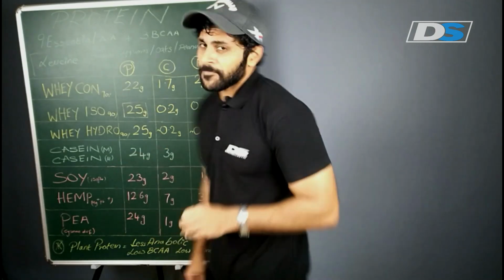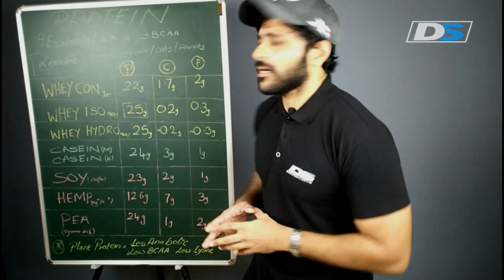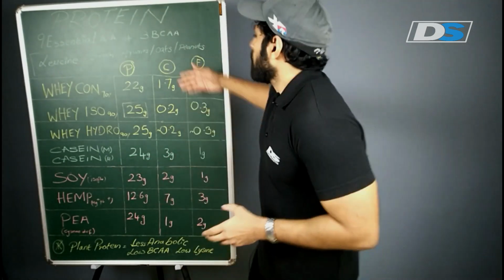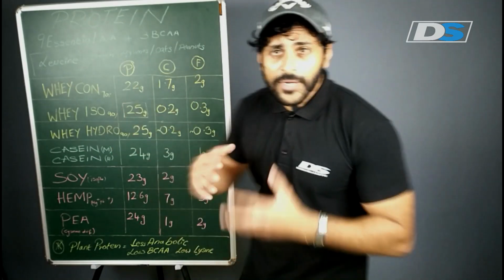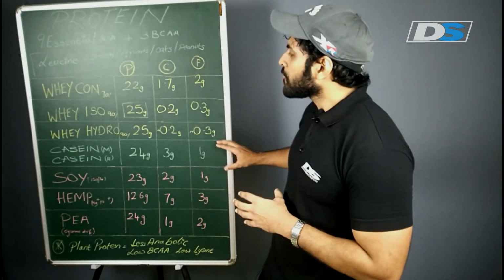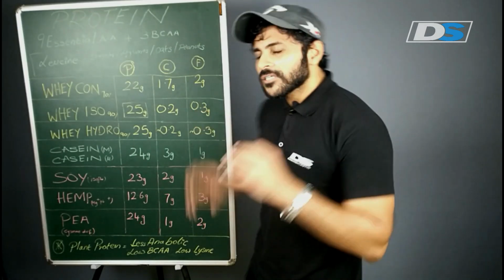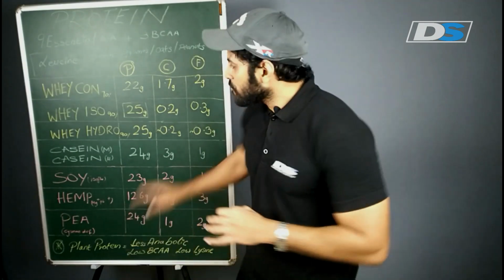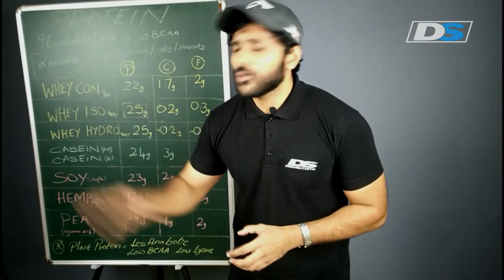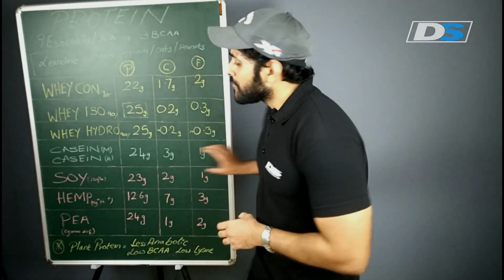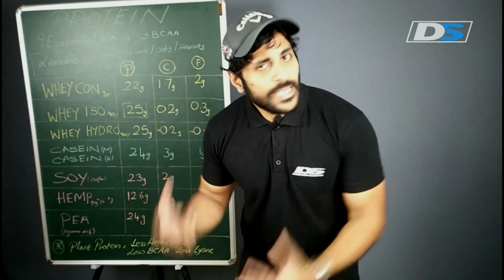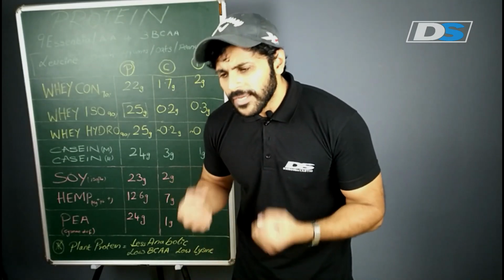Then you have casein. You must have seen this product, casein, on Amazon and various other places. So the real confusion comes there. Why casein and why concentrate and isolates? Why do we have these two products? It's just a different product. It packs a lot of calcium, and it is a slow digesting protein. So it's for people who are working out in the nights. Say if you've worked out very heavily in the evenings and you want to go to bed, it's going to provide the benefit of slow, sustained recovery for your muscles. So I put my clients who work out in the evening, who are more energized in the evening,